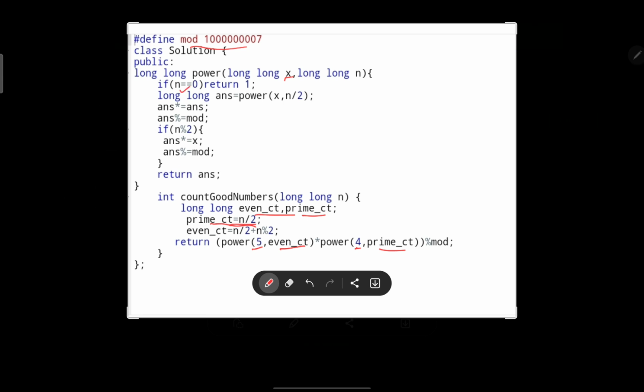In the power function, if n is 0, then we return 1. We go down to the last position by halving n, first 1 is returned, then during backtracking the answer is multiplied with itself and mod is done. And in each iteration where n is odd in the division process, we have to multiply by x, that is 5. For example, with 6 elements, when divided by 2 it becomes 3, so during that condition we multiply with x, because there are 5 possibilities, and we do the mod and finally return the answer. So this is the code. Thank you.